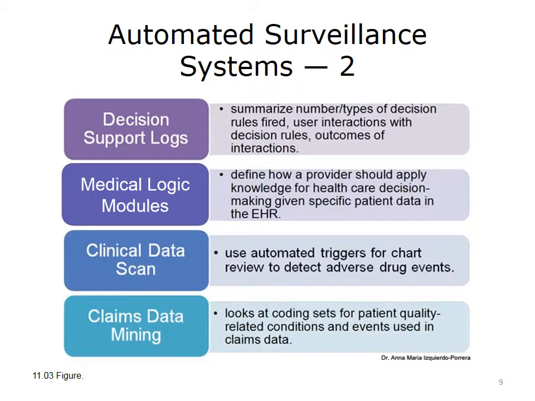Events can be monitored in the electronic medical record by using medical logic modules, also known as MLMs. Each MLM is an independent unit, such as a single data point, in a health knowledge base that takes the knowledge required, for example a laboratory value, and combines this with a definition of the way in which the healthcare provider should apply this knowledge for a single healthcare decision. For example, an MLM could keep watch for instances in which a patient's hematocrit or red blood cell count is low, warning providers of new or worsening anemia.